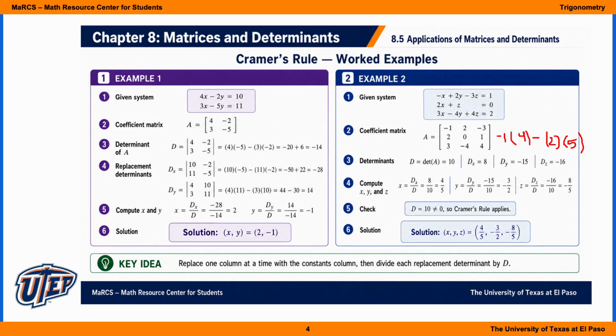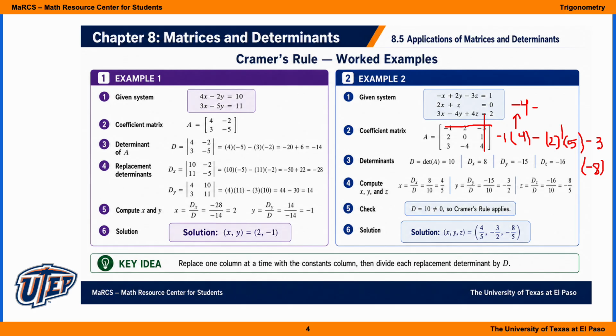Now we'll use this last entry, negative 3. So minus 3 times, I'll write it down here. Now the determinant of this submatrix, so 2 times negative 4 is negative 8, and the 3 times 0 will vanish. So now simplifying that, we have negative 4